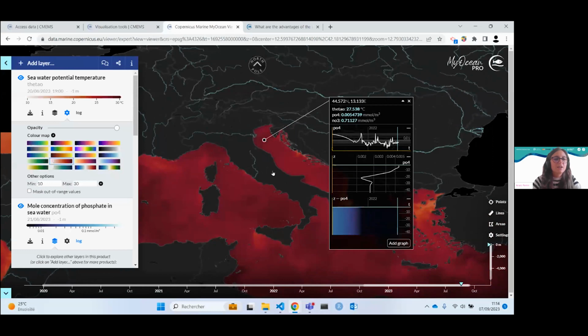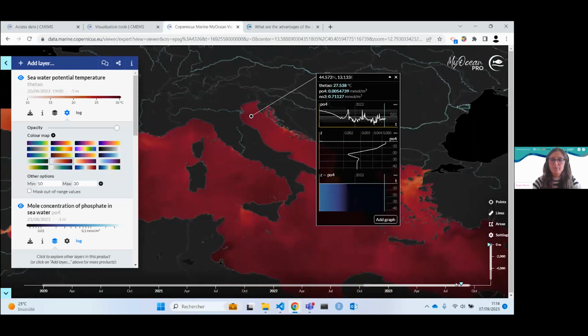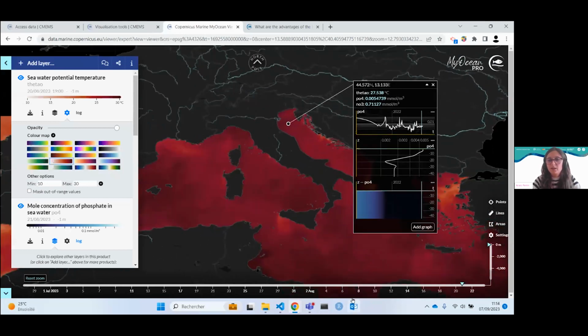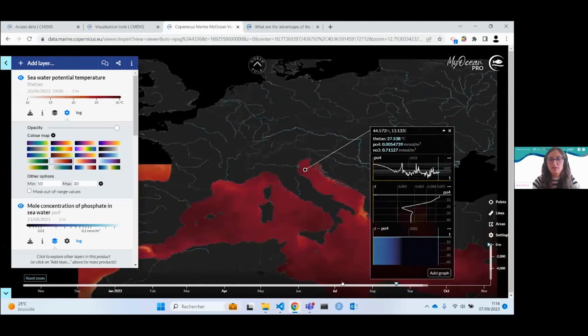All right. With this dataset, the right and left arrows display data hour by hour because it's an hourly dataset. And you can clearly see